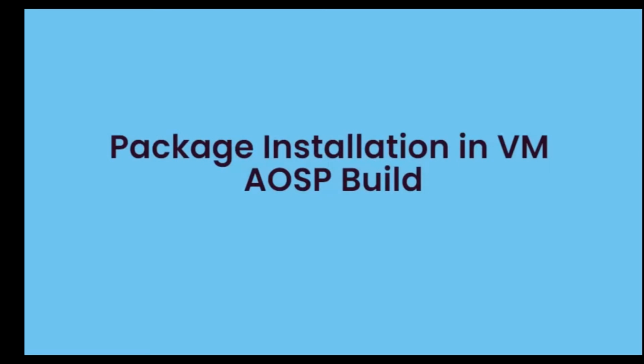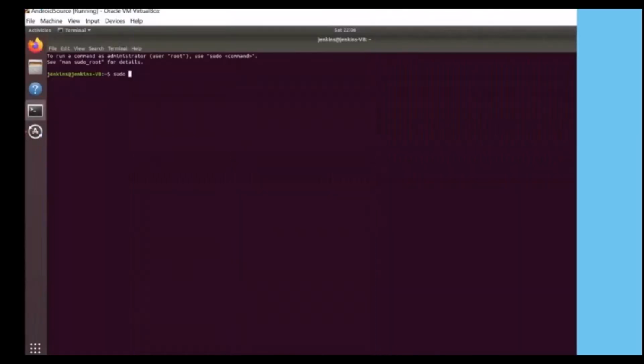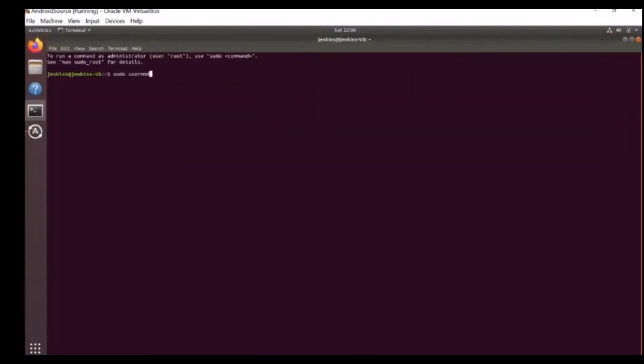Section 3. Package installation in VM AOSP build. Once the VM comes up, add the VM specific user to the sudo group. The command is sudo usermod -aG sudo jenkins, which is nothing but the VM user itself.